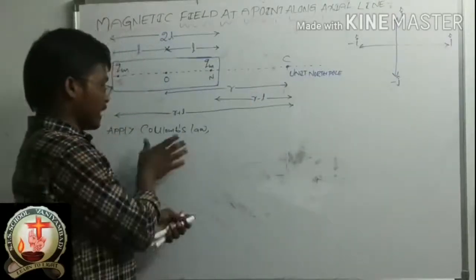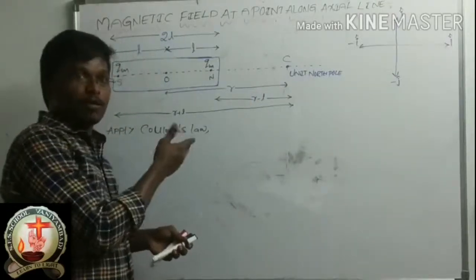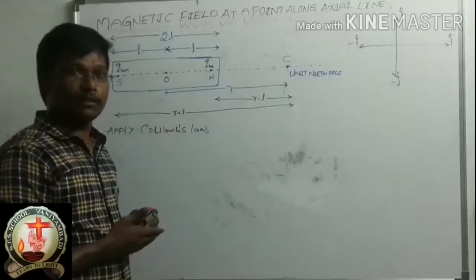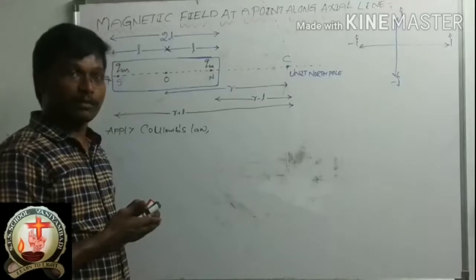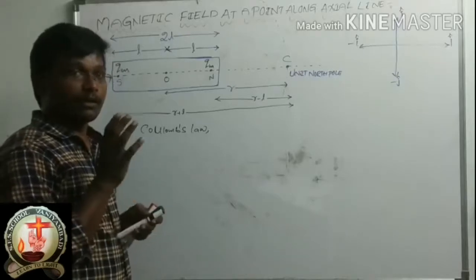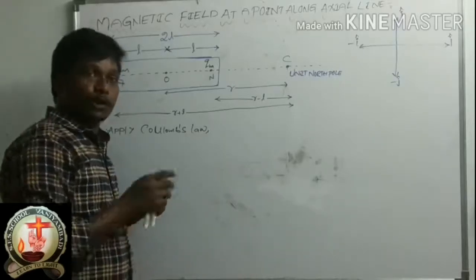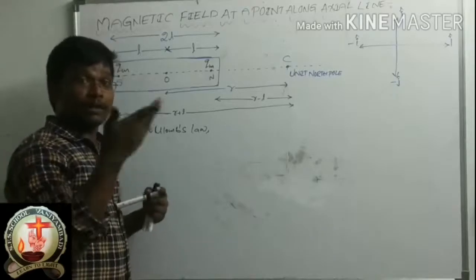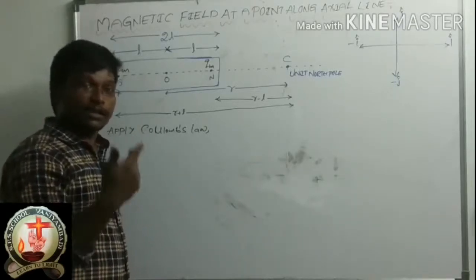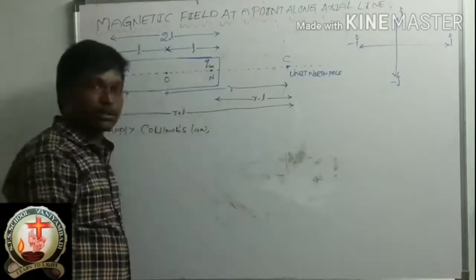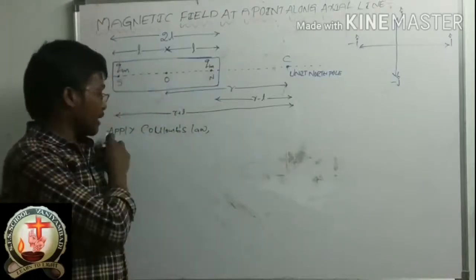See, whenever we are applying Coulomb's law, what is the Coulomb's law definition? The product of pole strengths. Correct? F is directly proportional to the product of pole strengths and inversely proportional to the square of the distance between the two poles. Correct? So whenever you are applying Coulomb's law,